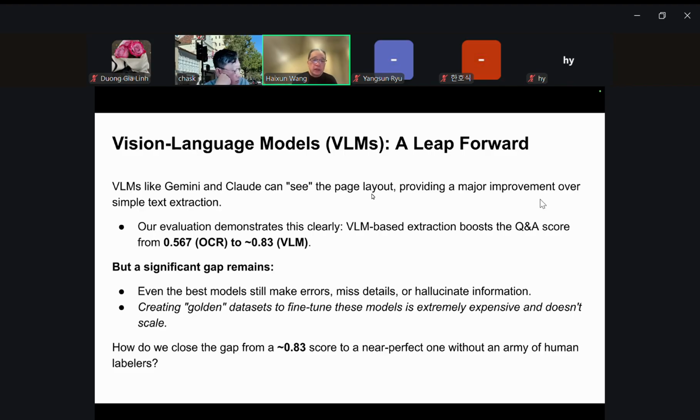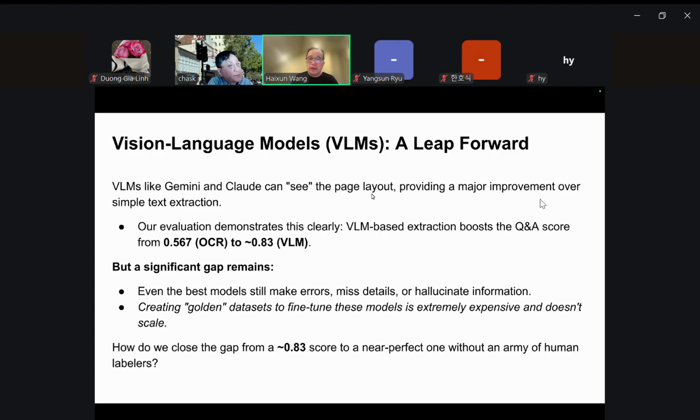But here's a significant problem. We cannot really ask the vision large language model to answer a question anytime we have a question, right? Anytime we have a new question, we go to the vision large language model, ask it to process the image again and answer the question for us. That is going to be not just very, very expensive, but also very, very slow.